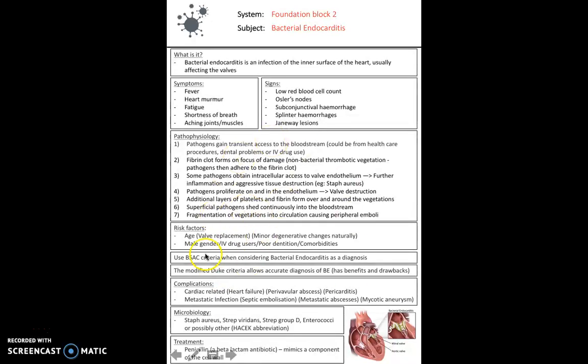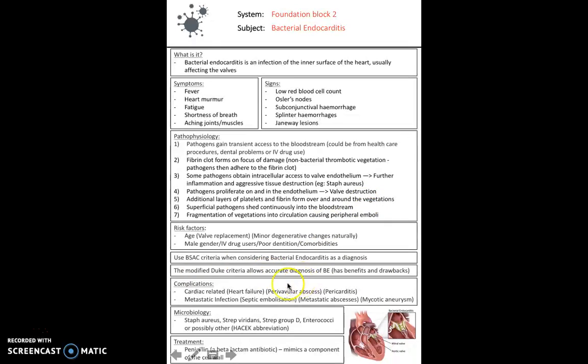So risk factors for developing bacterial endocarditis include your age. So naturally, there's degenerative changes as you get older, but also being male or an IV drug user increases your risk of bacterial endocarditis. Using the BSET criteria will allow you to confirm the diagnosis,